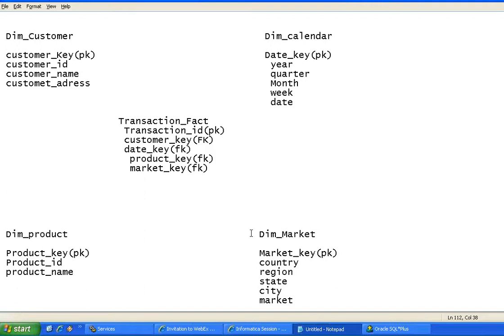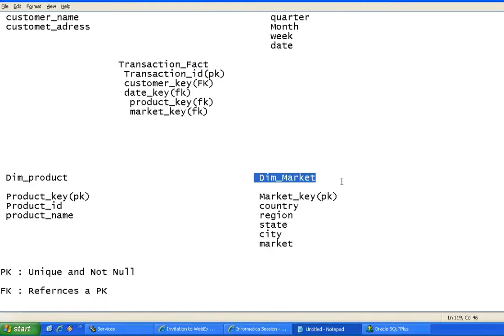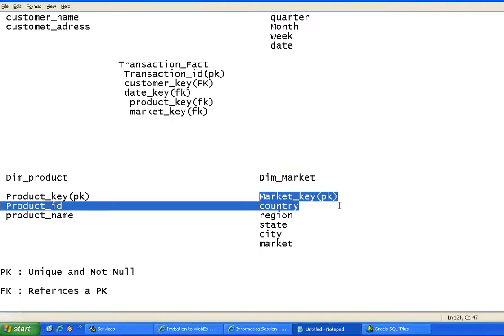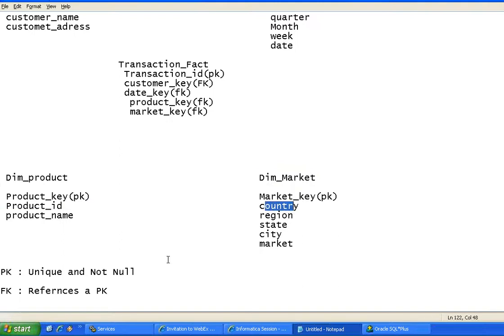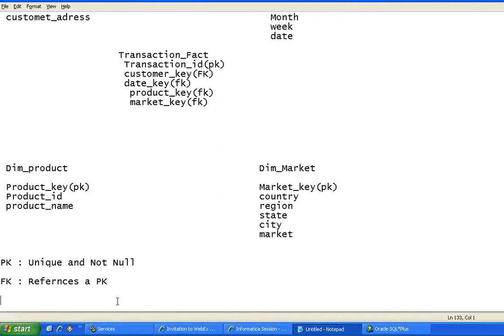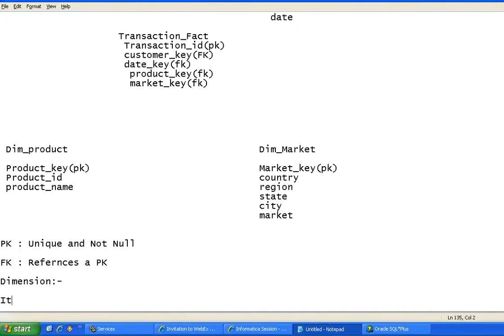Okay. So this is what we call dimension tables and this is what we call fact tables. If we just observe, what is a dimension? Dimension is nothing but it contains all the descriptive data. The complete information about the table is contained in the dimension table. So if someone asks you what is a dimension table, you can tell them dimension is nothing but descriptive data. It contains all the descriptive information regarding that